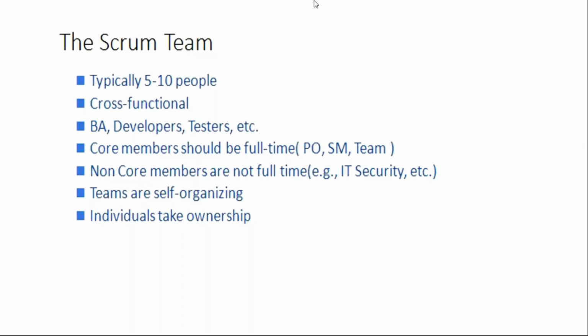That's the reason I'll say it is good to have a small team in the range of 5 to 10 people. And in that 5 to 10, we should have a healthy balance of BAs, developers and testers. And the next point talks about cross-functional. The reason, I'll give a live example. All three testers in my previous organization took leave on the same day. One was on a planned leave, another person fell sick, and the other had to leave office early. She had come in to the office, but she had to leave early.